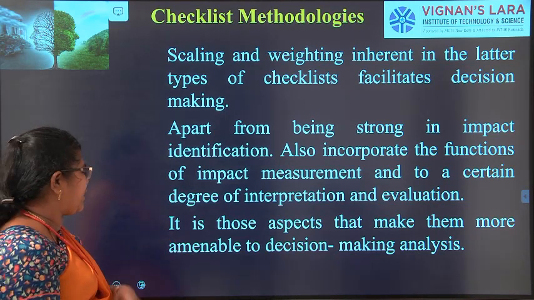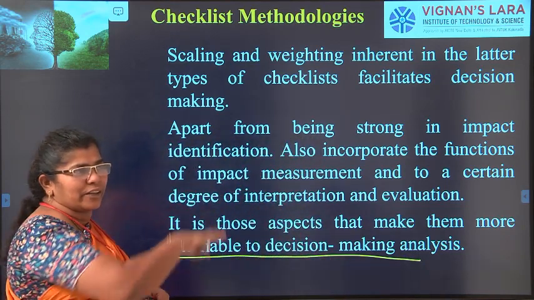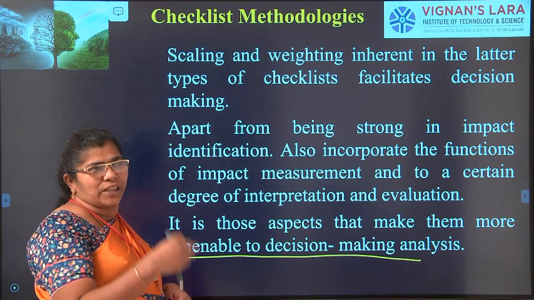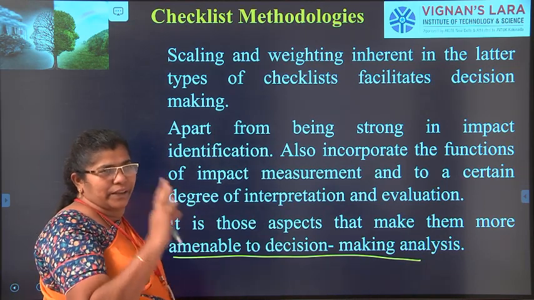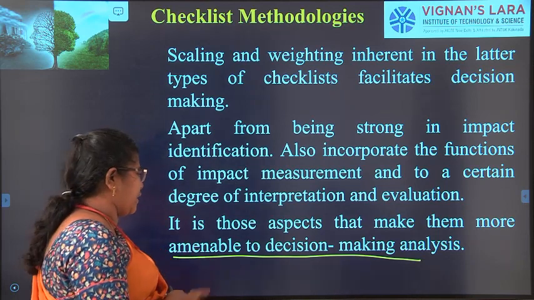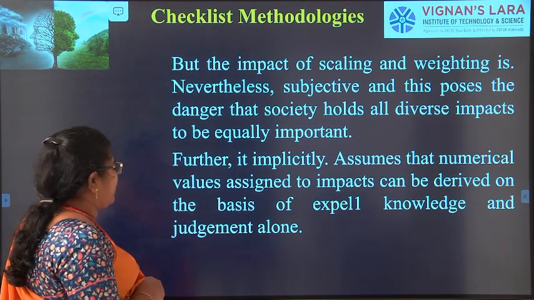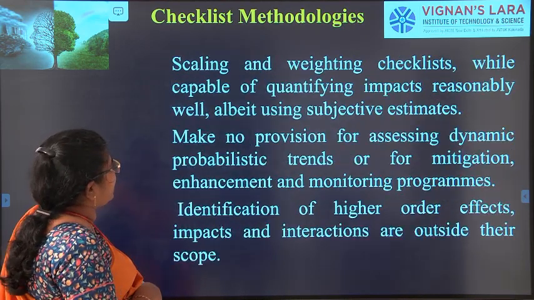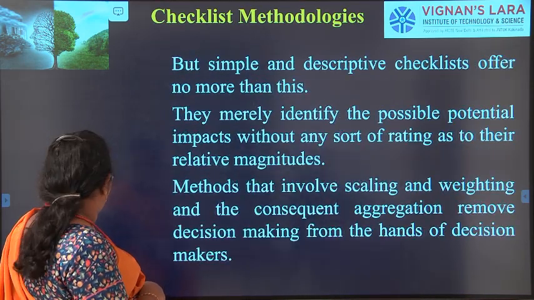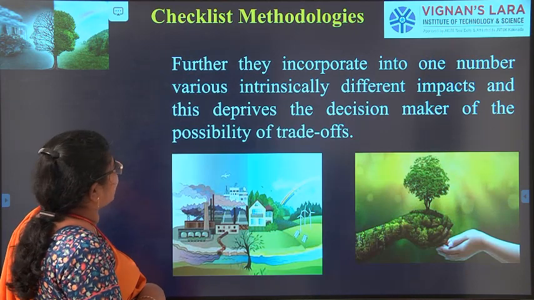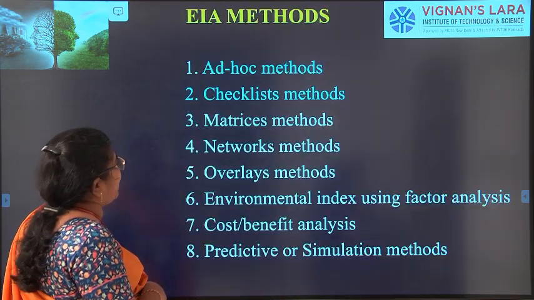So what is the main thing? It is that it can be more amenable to decision making. In the ad hoc method, it gives an overall picture, but in the comprehensive one, we will come down to a scaled value and we can say these are the things that have to be brought under control, and we can go in for a detailed study of this. So it gives a very good platform for decision making, and also is very good for judgment. Okay. So these are what I have already shown you, that is the scaled checklist, decision scale. So actually what is the main thing? It is that it can be one of the methods that can be adopted.